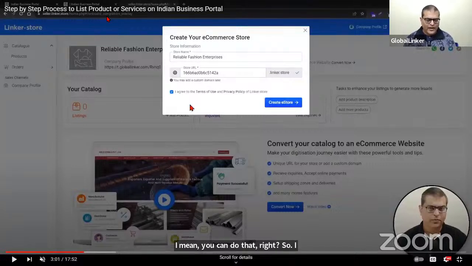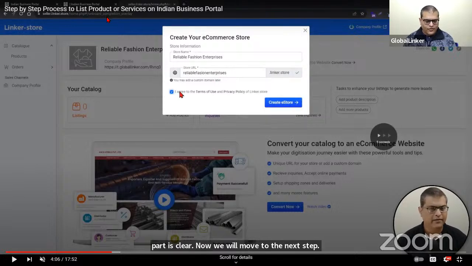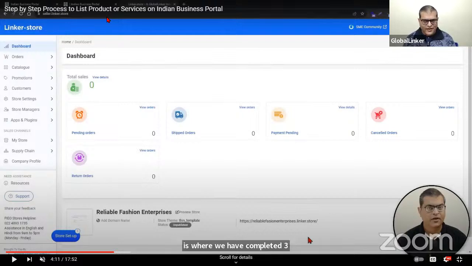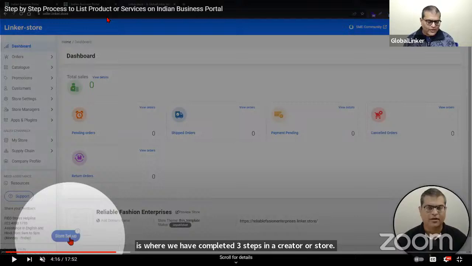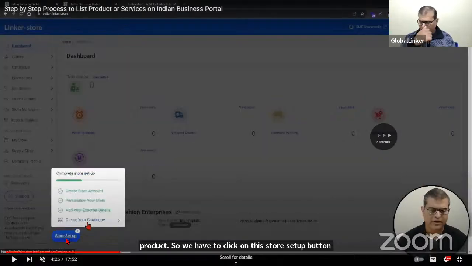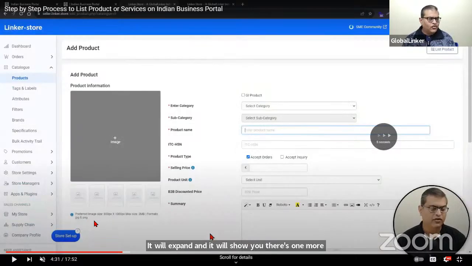Now we will move to the next step. You have to click on create your store, and that is where we have completed three steps in creating our store. There is one more step, and that is we have to add one product. So we have to click on this store setup button that you're seeing here. It will expand and show you there's one more step that you have to do, and that is you have to upload one product, which will open the screen,